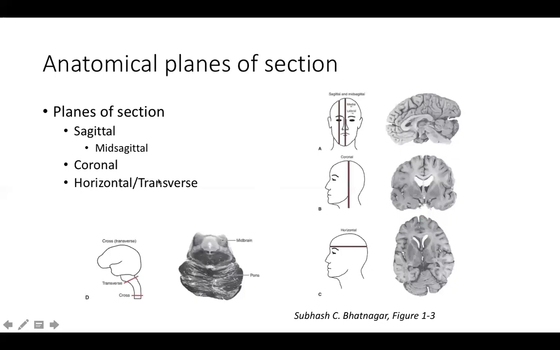A horizontal or transverse slice would be taking, as the name implies, a horizontal slice so that you're separating the top of the head from the bottom where our chin is. And this is the type of slice that you would get here. And just to give you a little more of an orientation, this is the cerebellum here, and this is the cerebellum here as well.